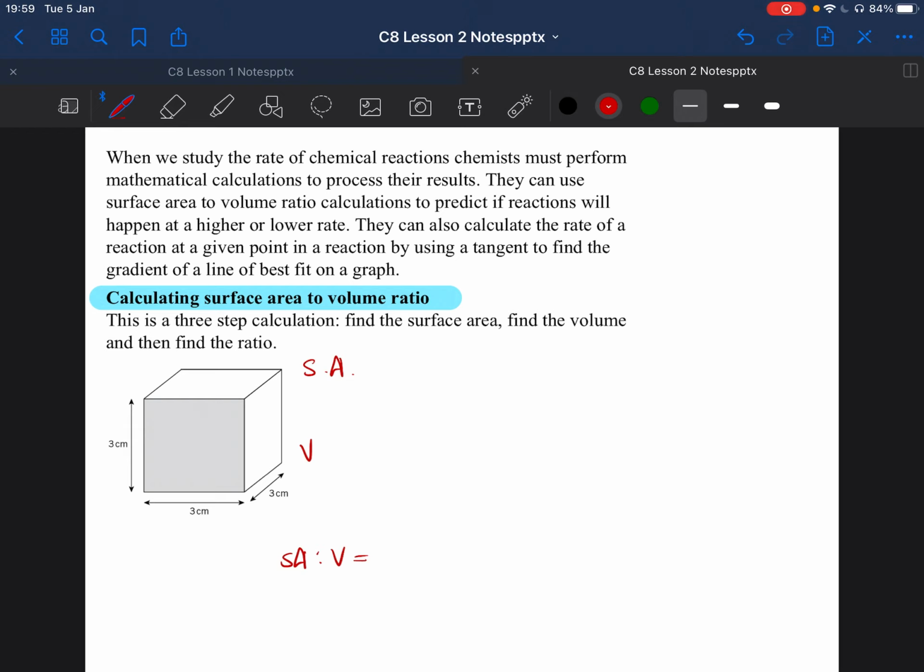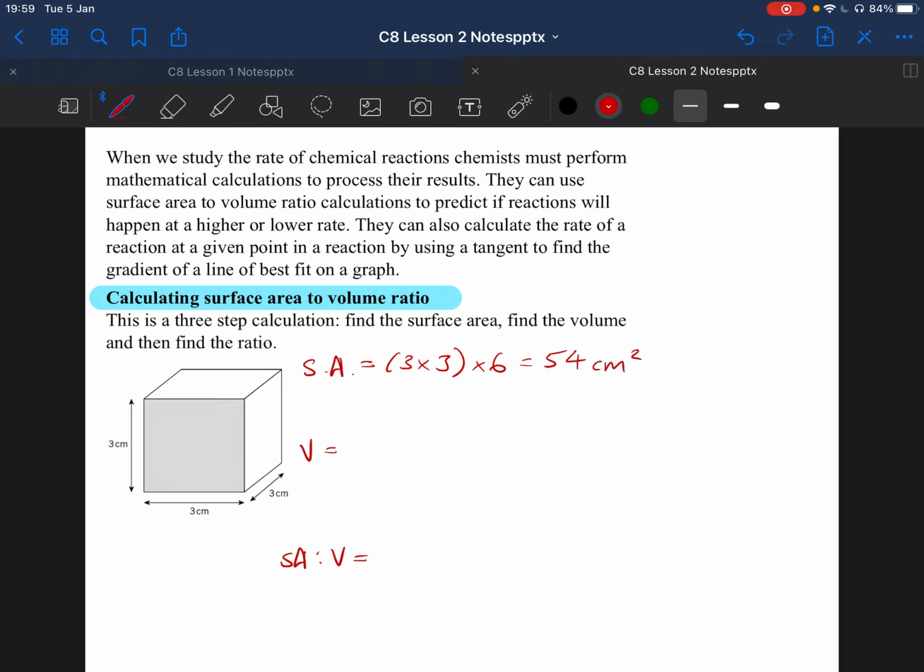volume ratio. Okay, so if we are looking at our cube here, to find our surface area, we are going to do 3 times 3 times 6. So our 3's come from here, the 3 on the side here and the 3 on the bottom there, and our 6 comes from the number of faces for our cube. Okay, guys, so if I put that into a calculator, our value for our surface area for this one would be 54